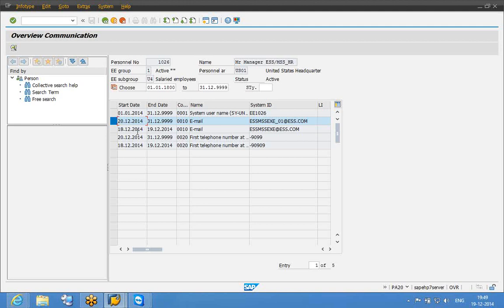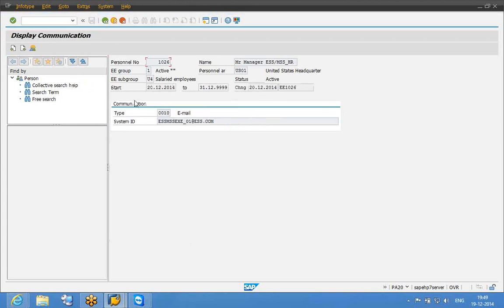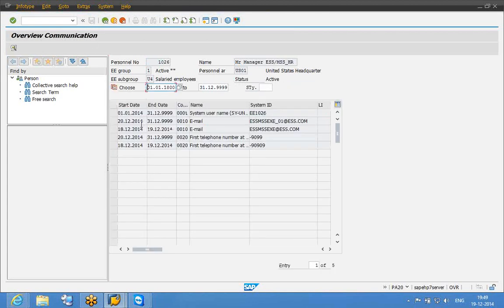That means the previous record, whatever it is there, got delimited, and a new record got created with the system date. And this is also updated by the user EE1026. Now the email ID _01, right? Now extension number is 9099. Even for this, the previous record got delimited and a new record got created